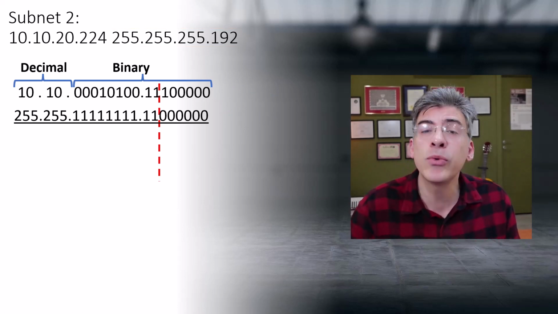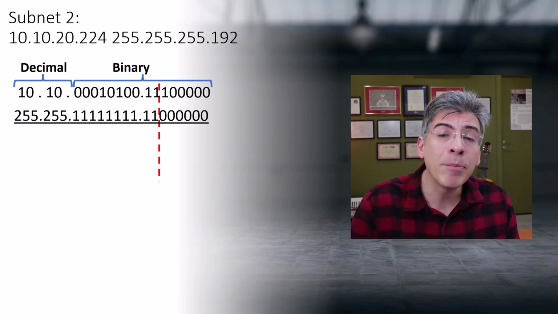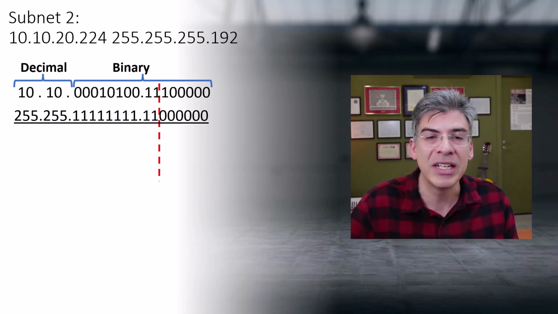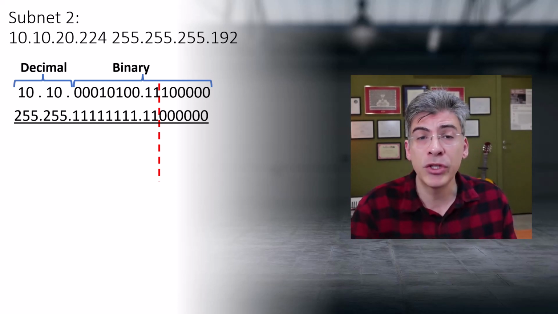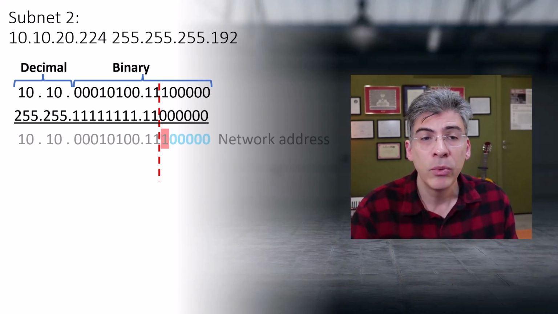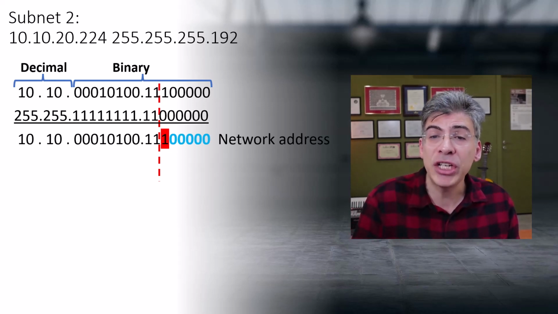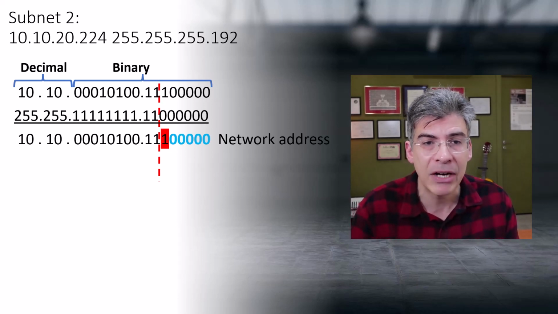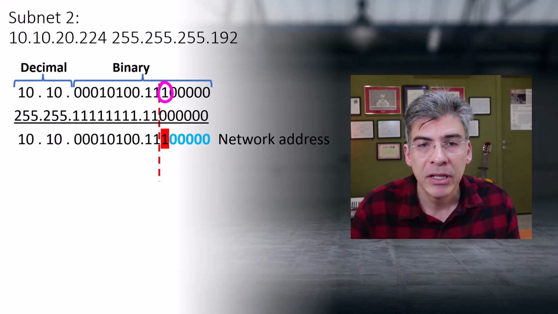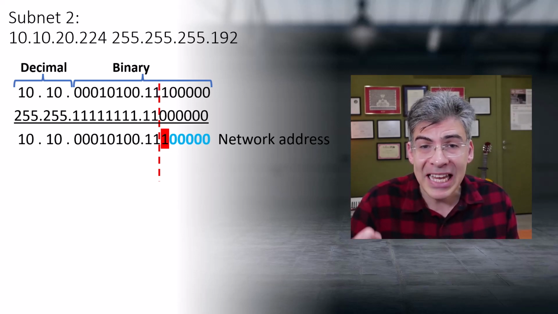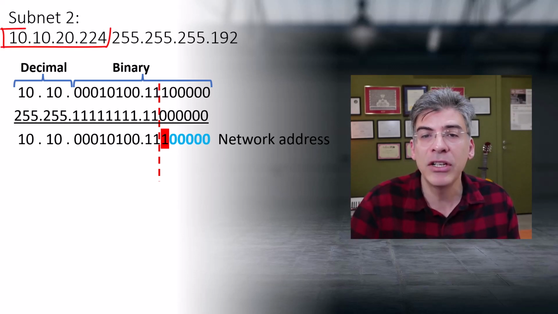Now this is where we see the problem with not putting our subnets in order of decreasing size. Here we see that if we try to get our network address, we get this. We have a 1 in our network address. However, by definition, we can't have a 1 in our network address. It should be all zeros. But our network address is, by definition,